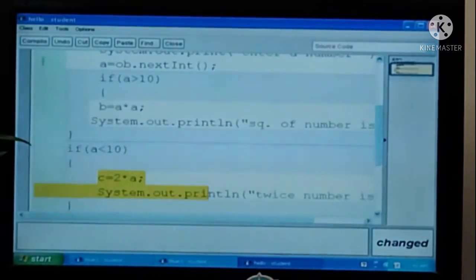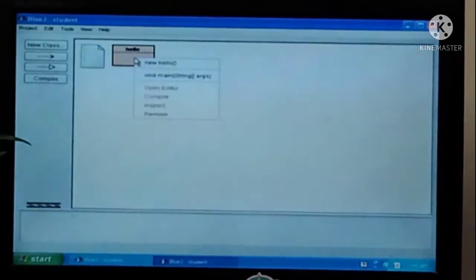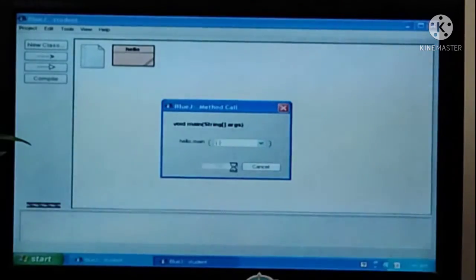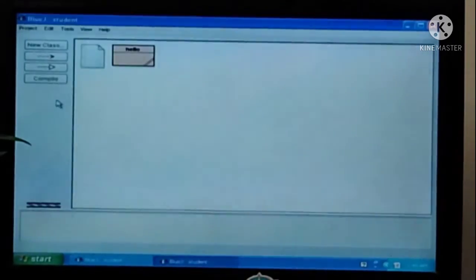Okay, so just save it and compile it. No error, so run it. Enter a number, suppose 15. So the square of the number is 225. This is one condition.